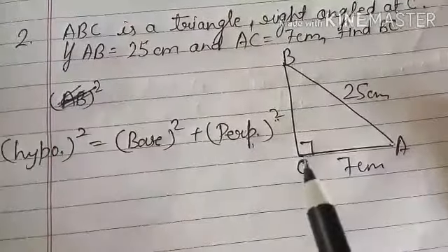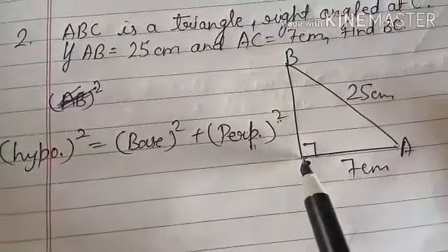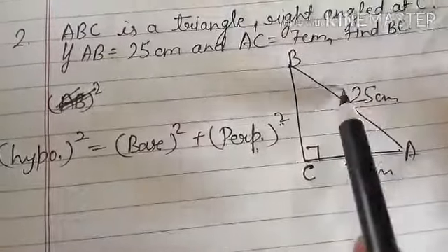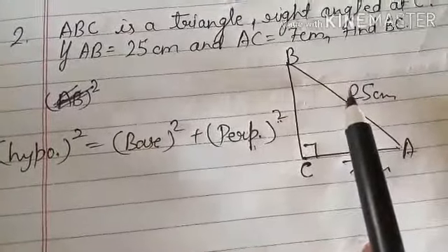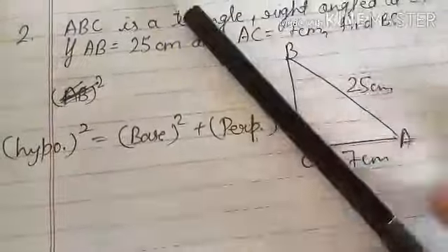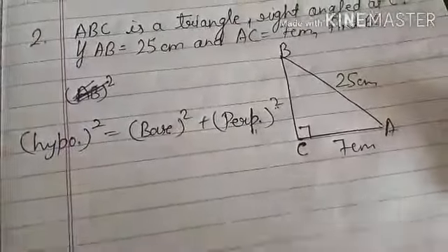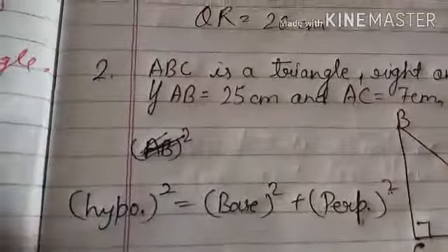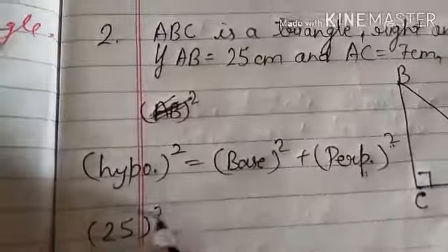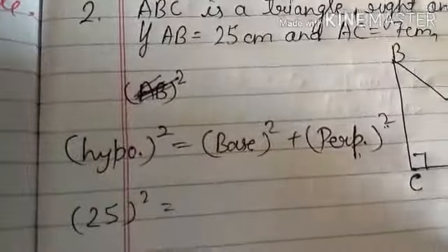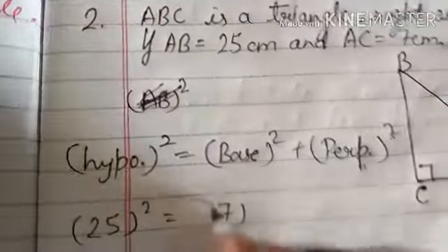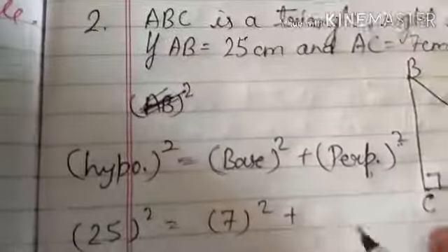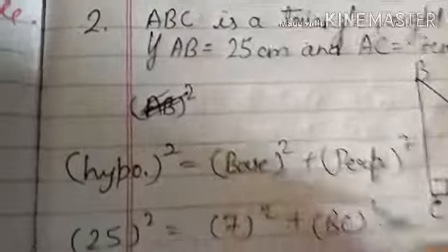What is hypotenuse? Hypotenuse means the side opposite to the right angle. ये राइट एंगल के अपोजिट जो साइड होती है दैट इज कॉल्ड द हाइपोटेनियस, एंड हाइपोटेनियस ऑलवेज स्लेंटिंग होती है, जो टेढ़ी वाली साइड होती है. So let's put 25 centimeter here. So 25 centimeter square, and base means this is base, so let's put here 7, plus perpendicular which we don't know, we can put here square of BC.